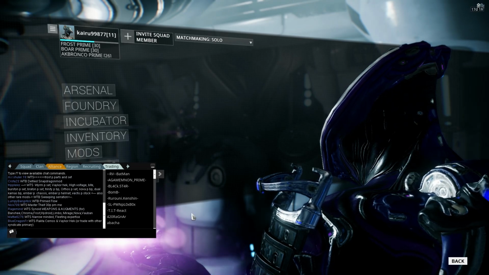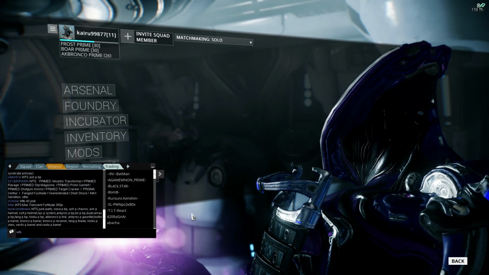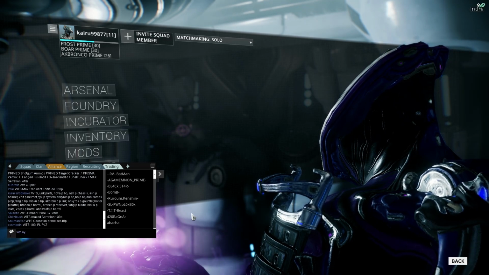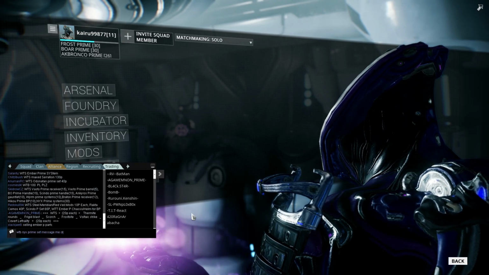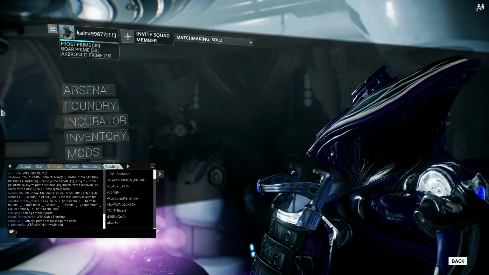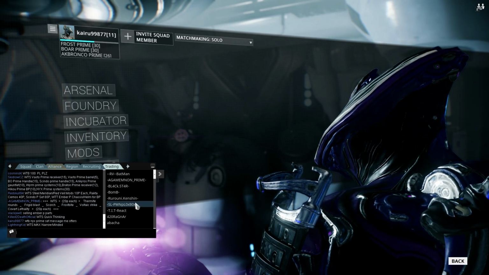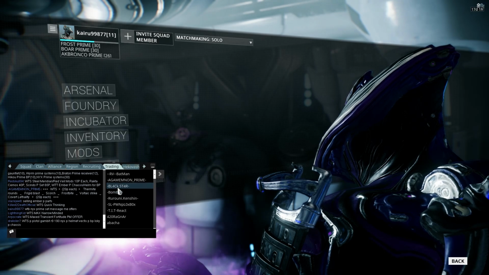I'm actually going to buy something here, but I might as well say, want to buy Nyx Prime set. So, want to buy Nyx Prime set, message me offers. You'll probably get a bunch of people message you straight away with offers for the entire set. And you can do this with mods as well. If you want a certain mod, you can basically...